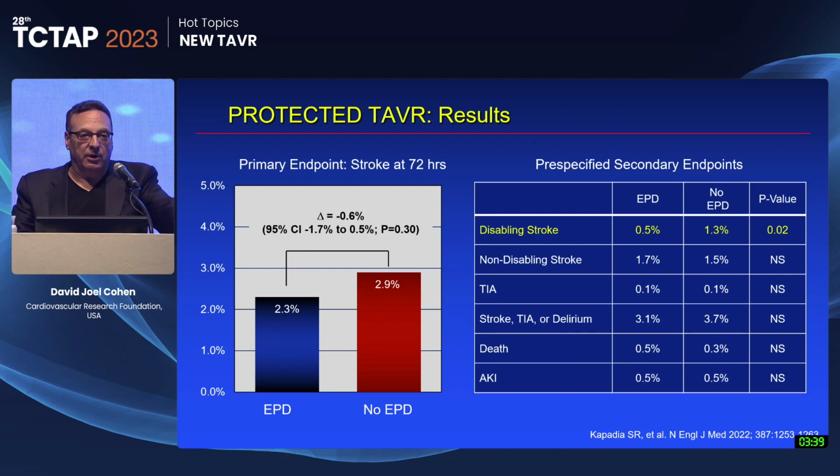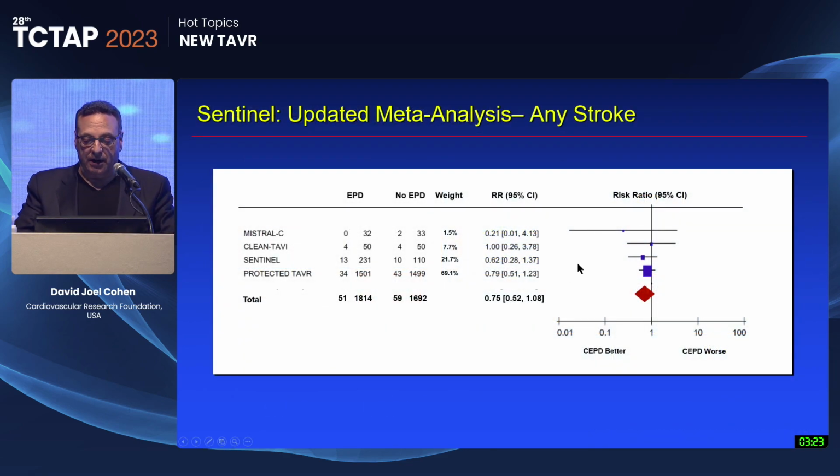And so they made a very big point in the paper of saying, this is hypothesis generating, and Samir actually said that as well. If you look here at the other endpoints, non-disabling stroke, TIA, composites, mortality, acute kidney injury, they were all similar. And so if you put all the data with the Sentinel device together in a meta-analysis that we have from randomized trials with respect to any stroke, there still is not a statistically significant signal here, driven mostly by the